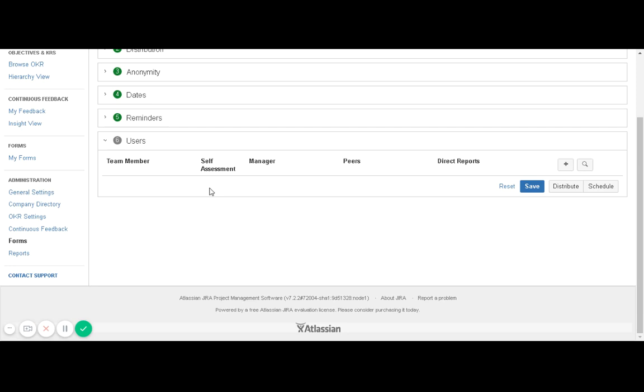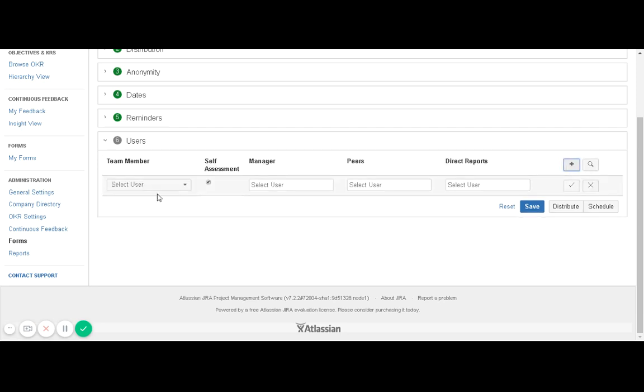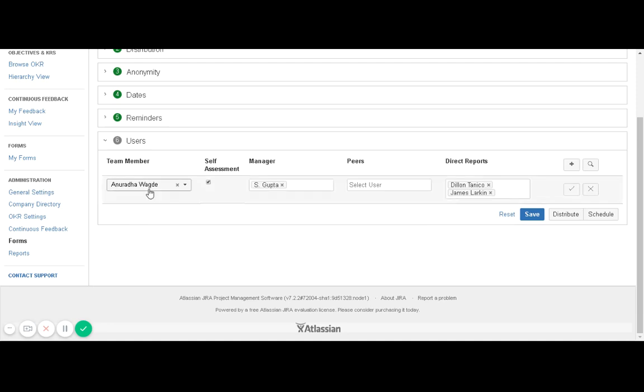You can select users manually or you can do bulk search. If you want to add users manually, click on plus icon and then handpick those users by simply typing in their name. So let us say I'm going to search for a user. As soon as I selected that user, system has automatically fetched the data about the users,